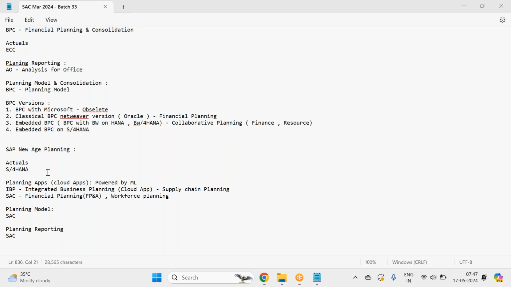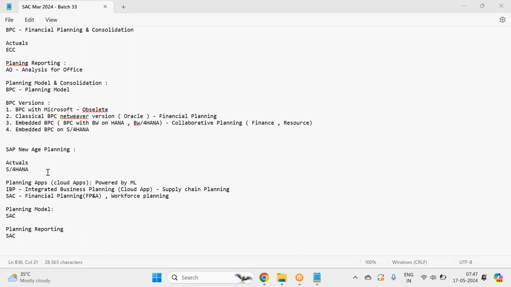So the two big advantages of these two planning solutions are, they are AI ML based forecasting tools, with a lot of new age concepts. Okay, and third, they are cloud. They're all driven through cloud, which comes at low cost. So these are the two products where we are moving towards. Okay, so IBP for supply chain planning and SAC for all the remaining planning. The financial plan is major. Apart from financial planning, they do workforce planning, they do marketing planning. Everything is done in SAC.